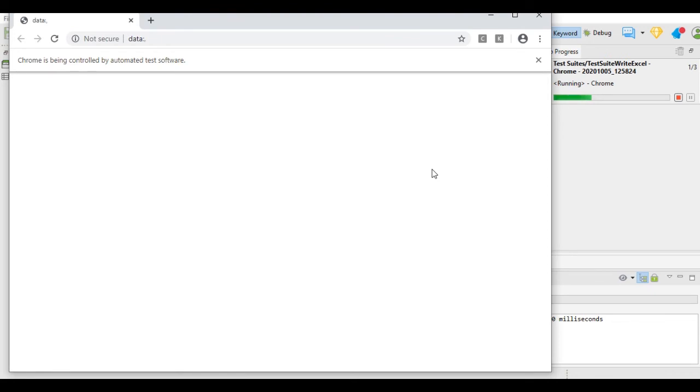It has executed the first test case and now executing the second test case.